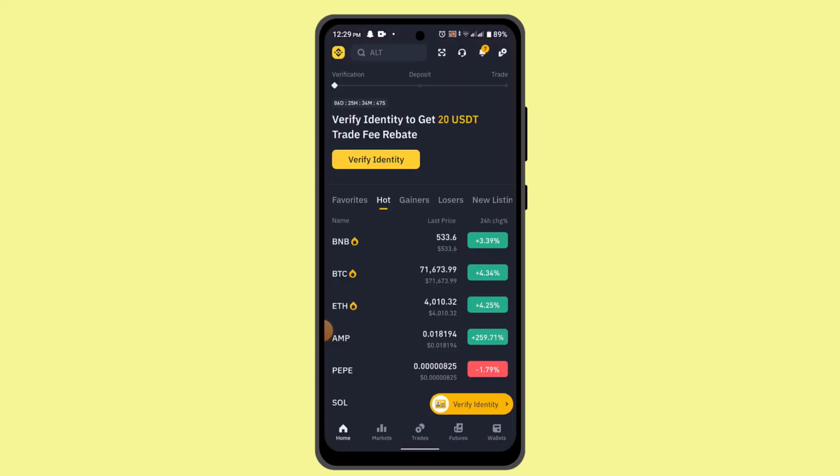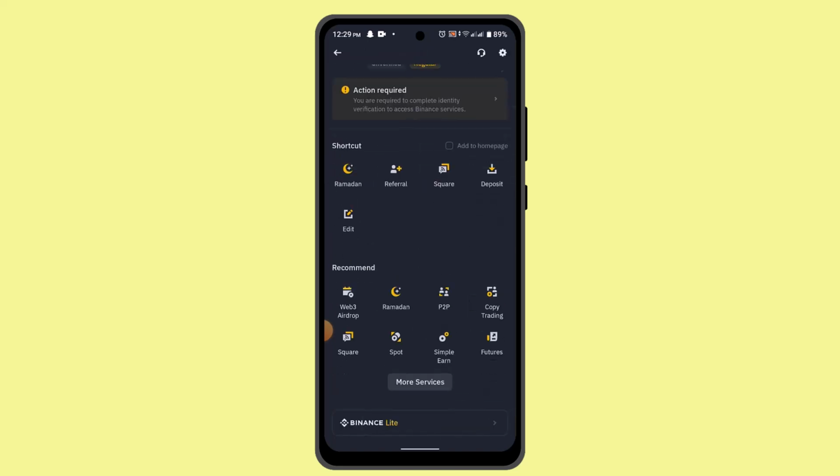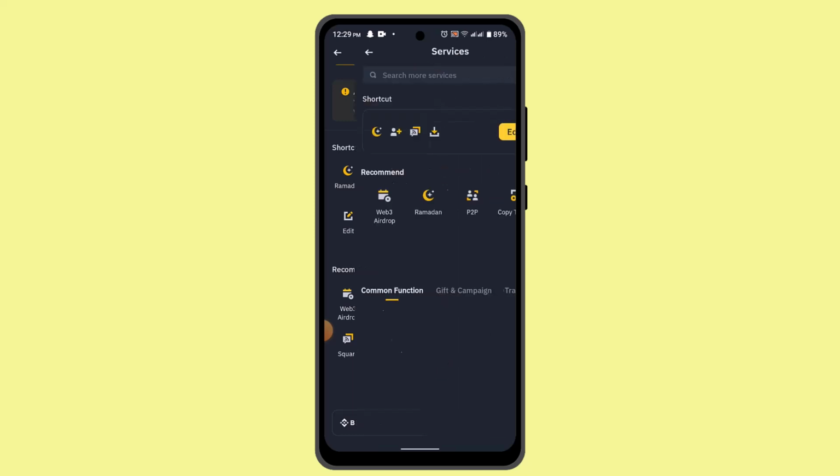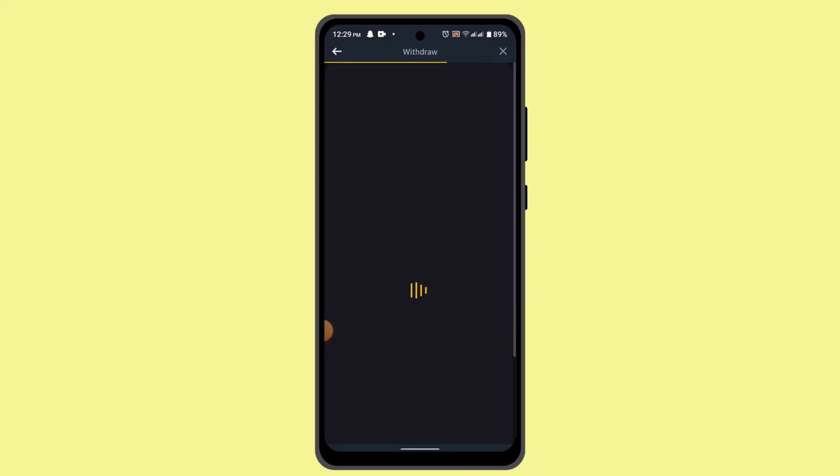Now then, to begin with, go ahead and log into your Binance account. Once logged in, click the logo from the top left hand side corner, and while you're on this page, scroll down a bit and then go to more services. Then you need to scroll down a bit and go to withdraw fiat,